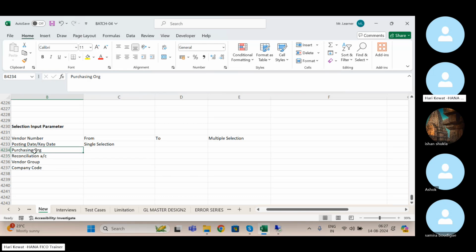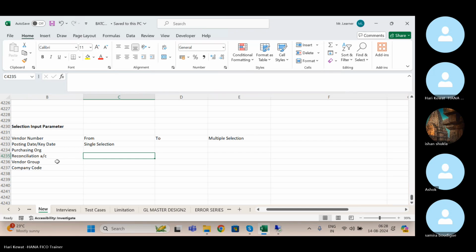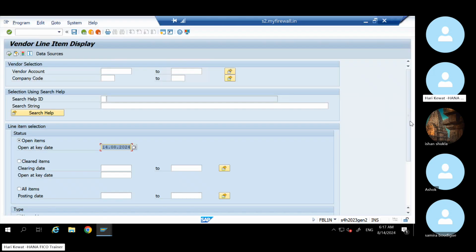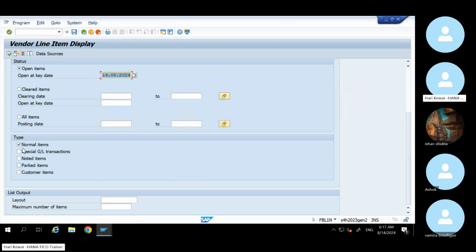Okay. Now purchase organization. Again here also from and to, multiple selection, mandatory, not mandatory. Reconciliation account same, from and to, multiple selection, mandatory, not mandatory. Vendor group, let's say you have only two vendor groups created for the client, domestic and foreign. Then maybe you can bring them as a checkbox. You can bring in the screen itself a domestic vendor group and a foreign vendor group, and you can bring the checkbox